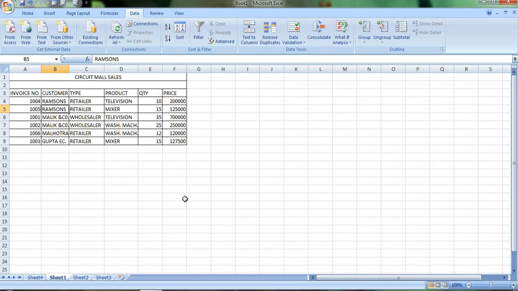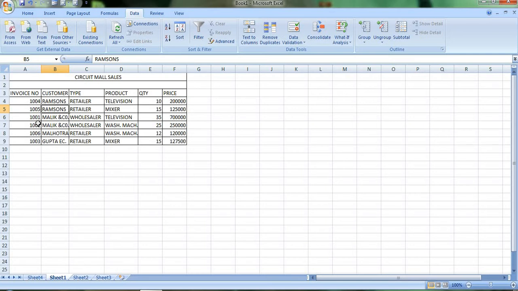See, I'll click OK. Ramsons comes first. It was like first of all 10001 here. Again, you can see the shuffling here in the invoice number, because we had written it in series only. We had written 10001, then 10002, in series. But now after doing that sort option from Z to A, you can see the changes in your invoice column.